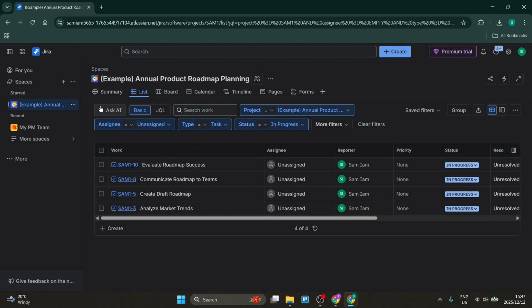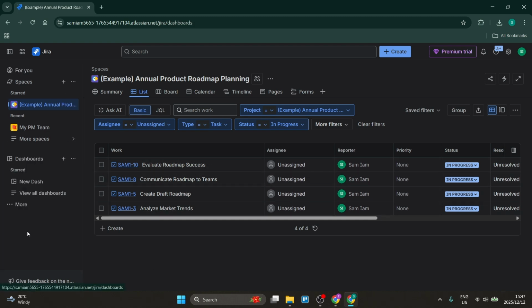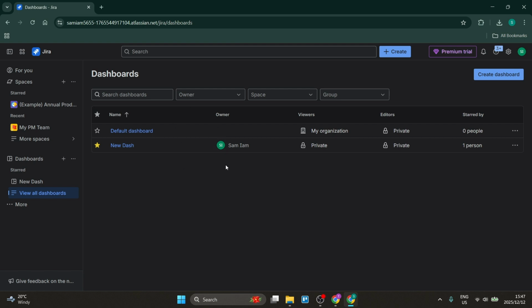So let's start. On the left hand side, you will see there is a more button. And this essentially is our current dashboard, and this is all of our issues that we are seeing here. So let's click on more and you'll come down to dashboards. Here you will see a list of dashboards that you can use. Now the default dashboard is what we just were looking at, and essentially what we can do is click on